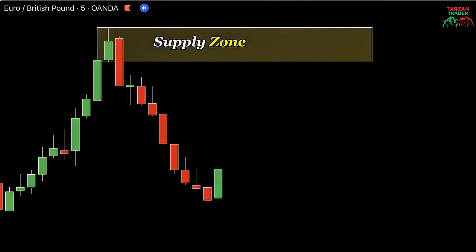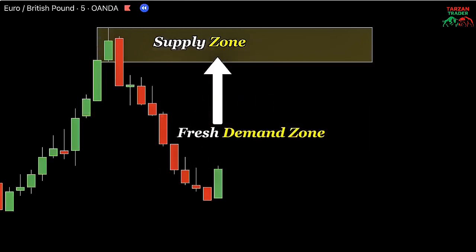Before taking a trade, let's go through the checklist to confirm this supply zone's potential. First, observe the candles that form the move down. They are large, showing strong bearish momentum, indicating institutional involvement, a positive sign that this zone could hold when the market revisits it. This supply zone is fresh, it has not been tested since it formed. A fresh zone often responds more strongly because it hasn't absorbed any orders yet, making it ideal for a potential